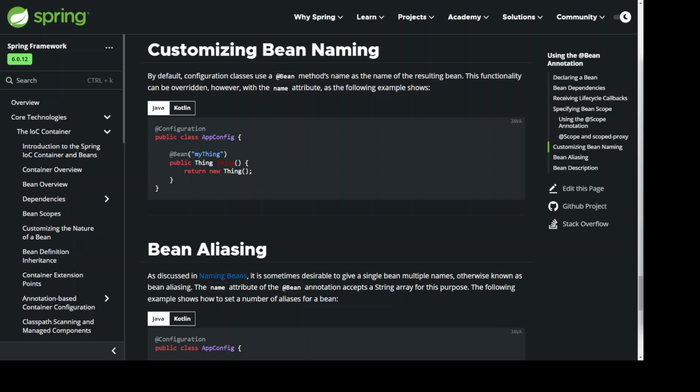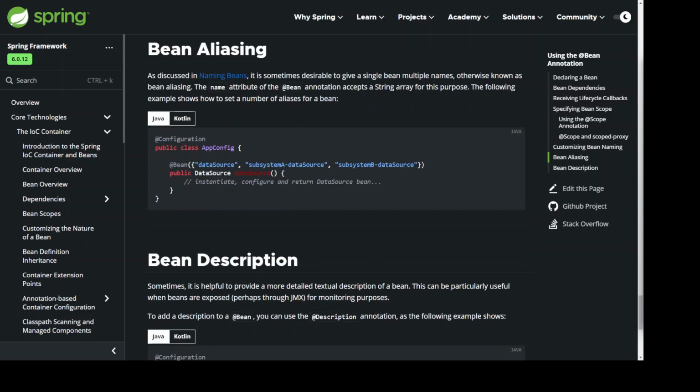Bean Aliasing. As discussed in naming beans, it is sometimes desirable to give a single bean multiple names, otherwise known as bean aliasing. The name attribute of the @Bean annotation accepts a String array for this purpose. The following example shows how to set a number of aliases for a bean. @Configuration public class AppConfig { @Bean({"dataSource", "subsystemA-dataSource", "subsystemB-dataSource"}) public DataSource dataSource() { // instantiate, configure and return DataSource bean }